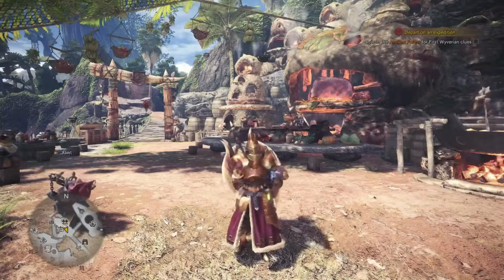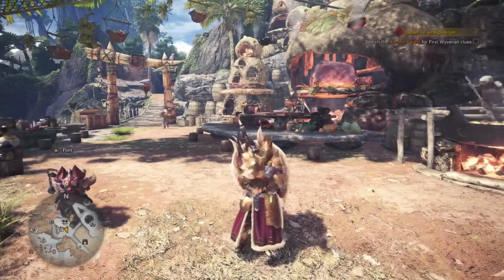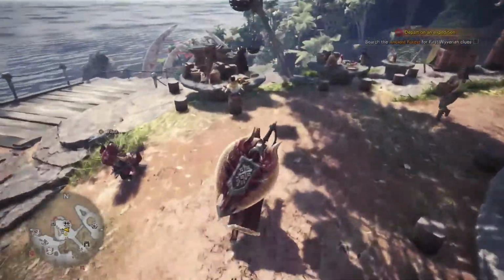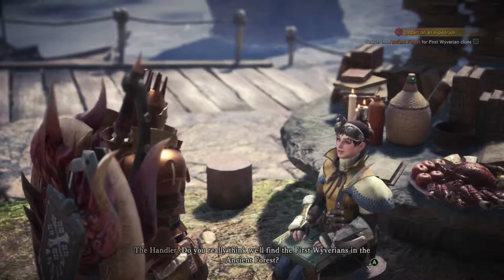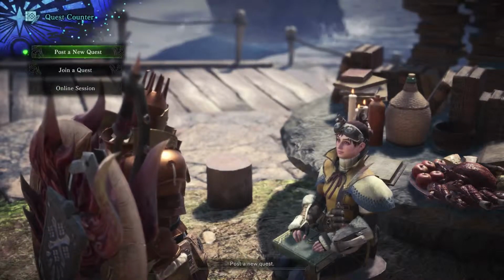In our last episode, we delivered some meat to the canteen to up our protein, and in this episode, we're going to use that protein for a hunt. So, we have another optional quest that we need to complete here. And this optional quest is